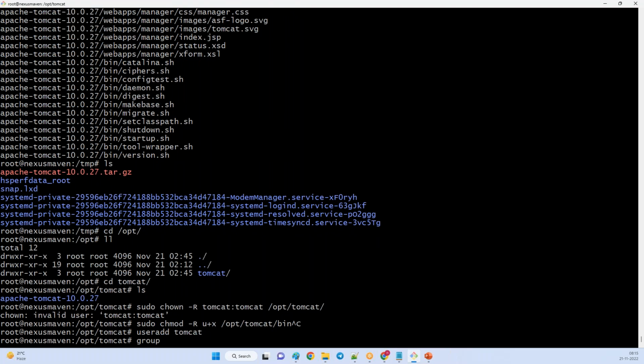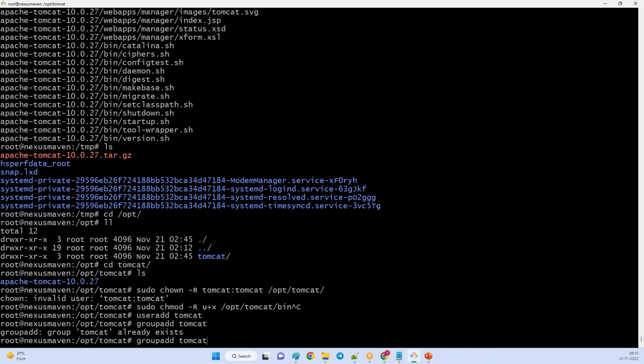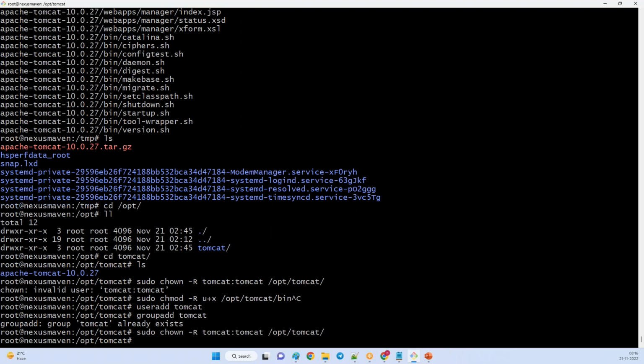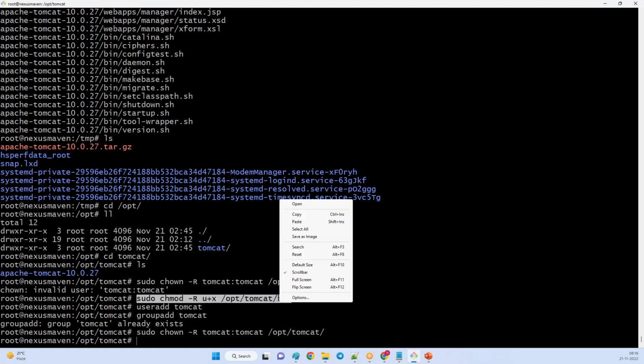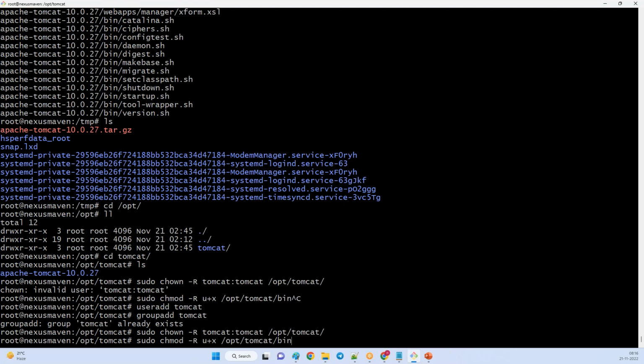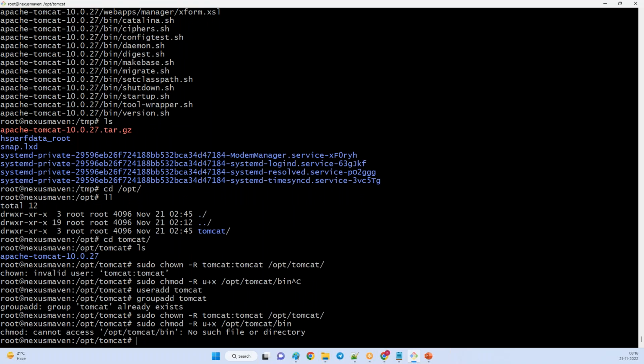Let me add some group as well. groupadd tomcat. The tomcat group is already there. After installation, it is created. Only the user is not yet created. Now I provide the ownership for the owner and group to this /opt/tomcat folder. Okay, and let me provide execute permission as well for the tomcat user's bin folder.